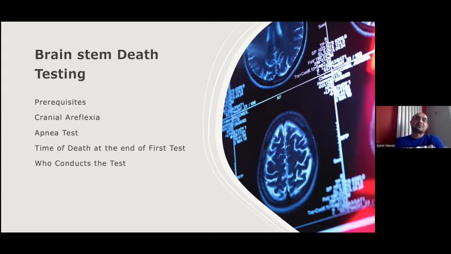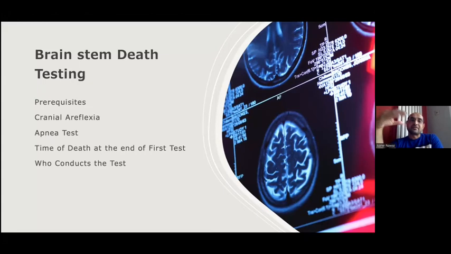The other prerequisite is that the patient's current state is not because of certain medication like sedatives, tranquilizers, or alcohol, and they are not hypothermic or hypoglycemic. These things you have to rule out before we proceed to brainstem death testing. So after it has been established that there is a known cause, and that the patient's state is not because of any reversible cause like hypothermia, hypoglycemia, alcohol, or any sedative, and their electrolytes are normal,